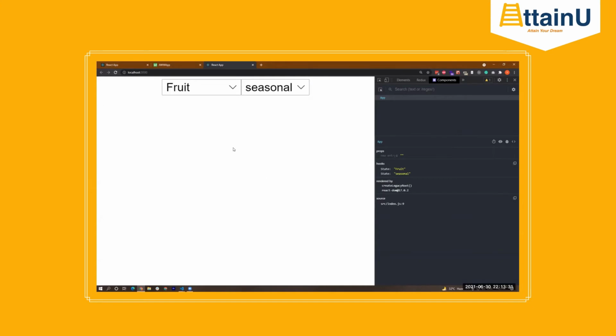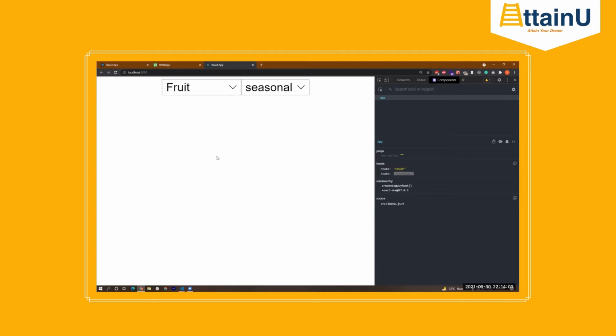Now if I refresh, if we change to vegetables, this is getting changed, which is fine. But the second state or the subcategory state is still the same, seasonal only. However, since we attached an event listener for on change on the second level selection box, when we change this, then it will change here, right? So that means when this particular drop down changes, I need to also update the values here, right?